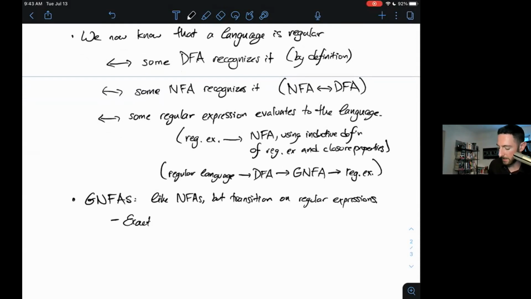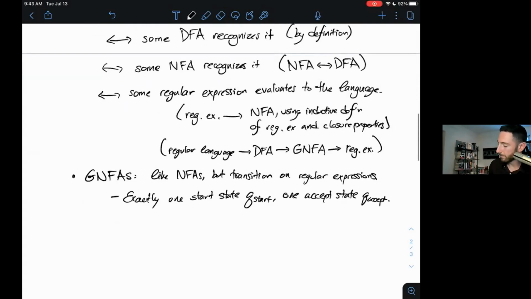They have exactly one start state, Q start, and one accept state, Q accept. They have exactly one transition between every pair of states